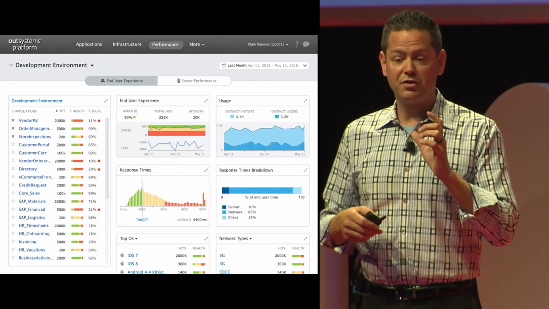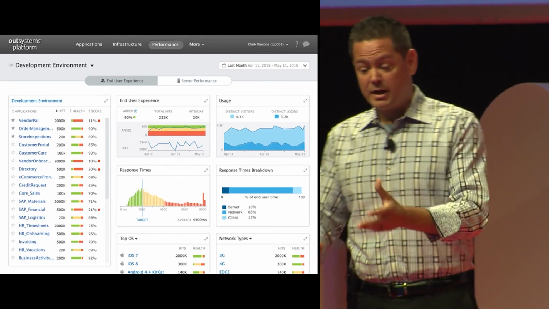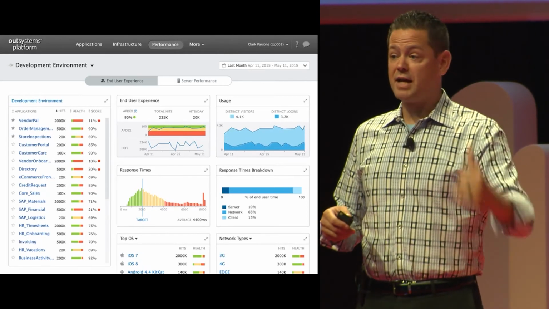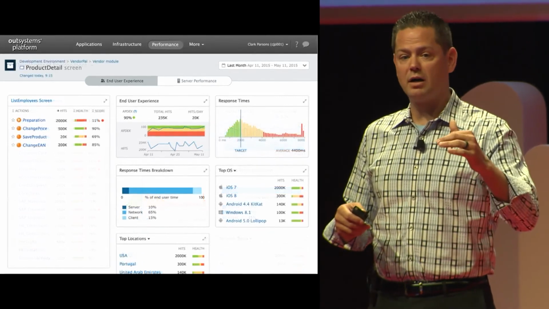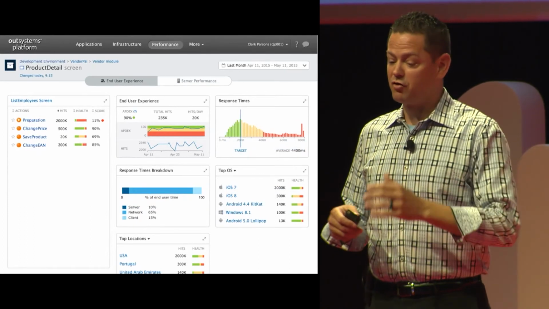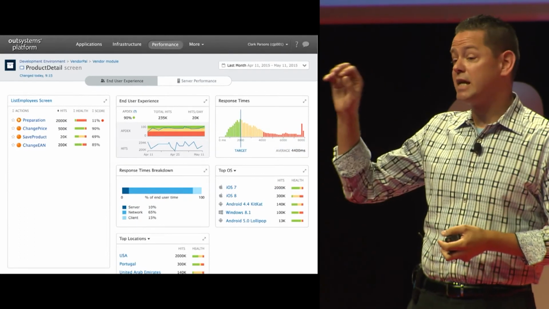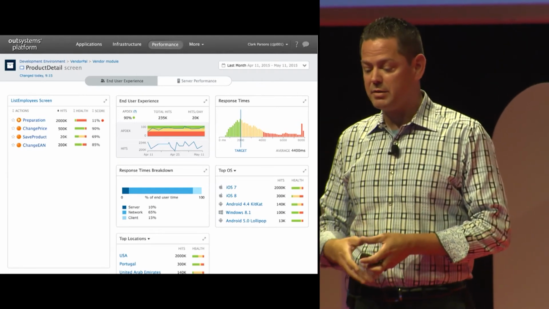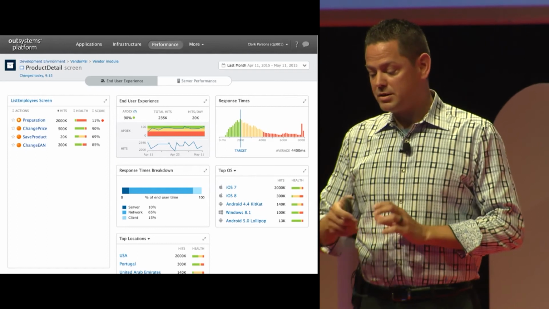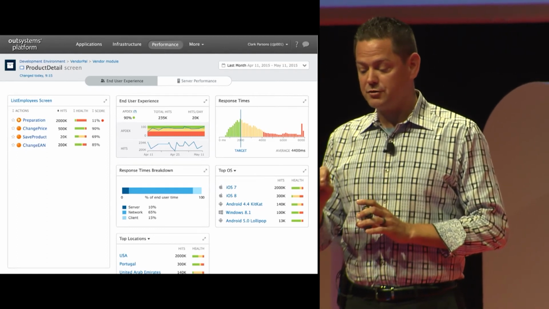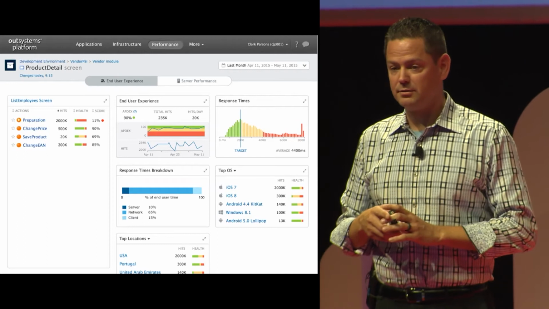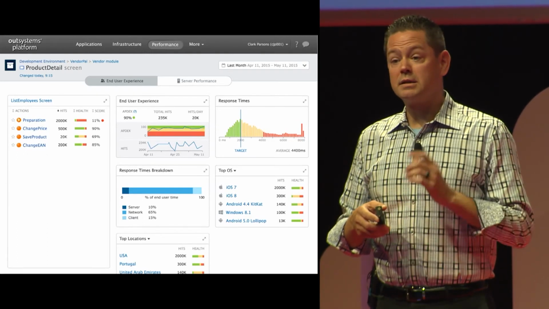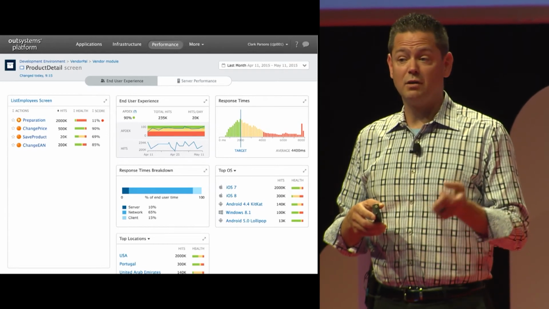And so with the new granularity that I have, here what I'm taking a look at is my entire application portfolio. And on the left-hand side are all of my apps and how much they're being used and what their performance is. Upper right-hand, I'm taking a look at the overall usage. How many users, how often are they coming in there? One of the ones that I think is particularly interesting is under response times breakdown. Server, network, client. Right, that's a level of granularity we can't offer you today that we will be offering you